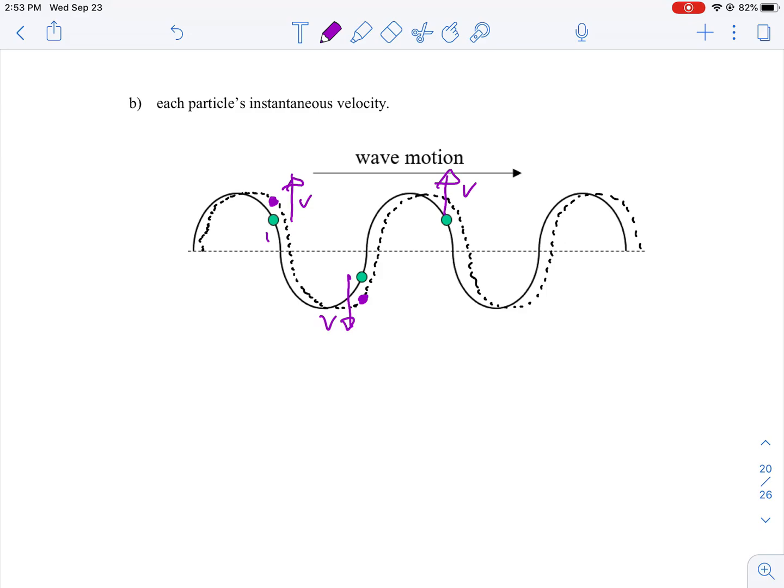Remember, the other technique was what's coming towards it. I'll just show you that they're consistent. The first one had a crest coming towards it. That's going to lift it up. The second one had a trough coming towards it, and that's going to cause it to fall. Done. You see how they're consistent with each other.